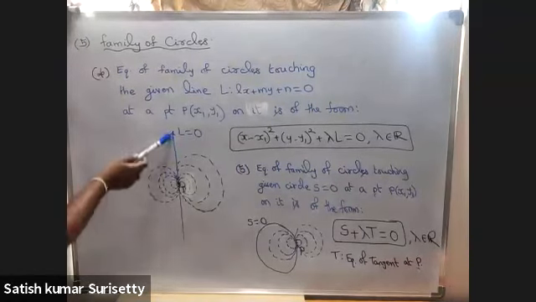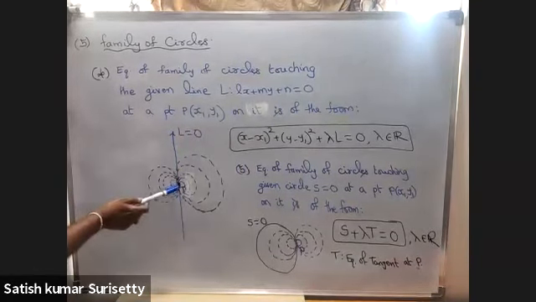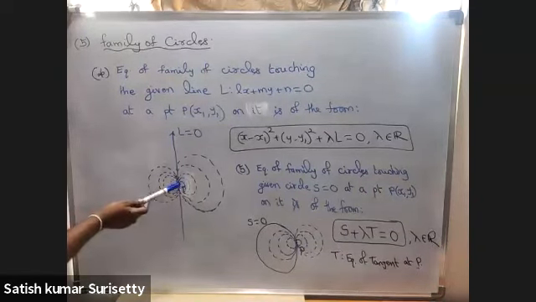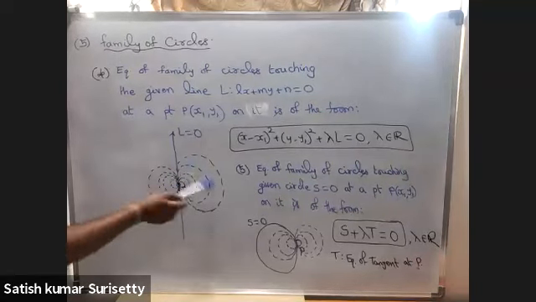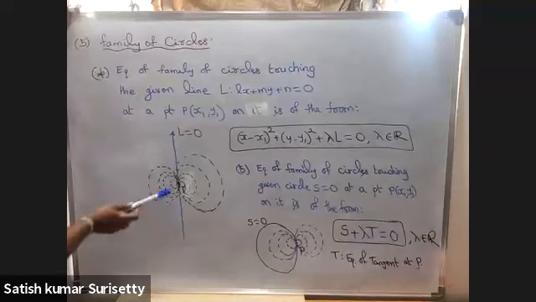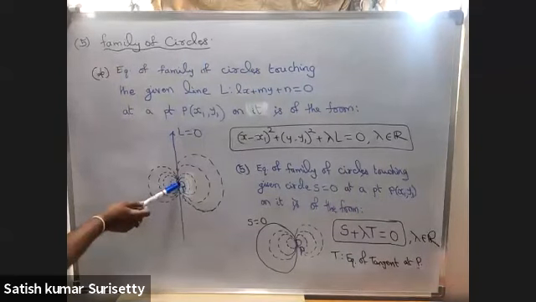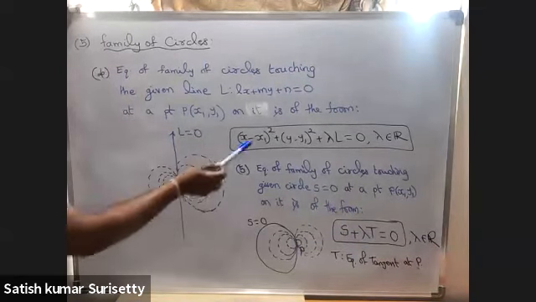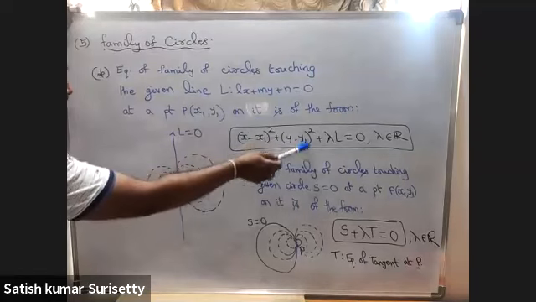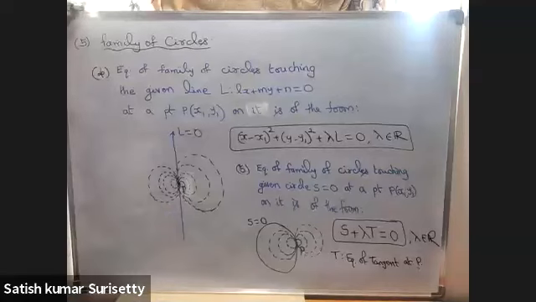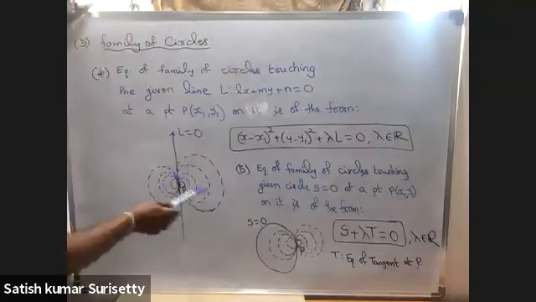Now, L equal to 0 is given and a point P(x1, y1) on it is given. So we can have infinite circles touching the line at point P. So all these circles are considered as a family of circles. To obtain these circles, we can use the point form of circle. So point form of circle, with the center (x1, y1) and radius 0, is (x minus x1) whole square plus (y minus y1) whole square, plus lambda L. This equation is already given. So by giving different values of lambda, we'll get different circles.